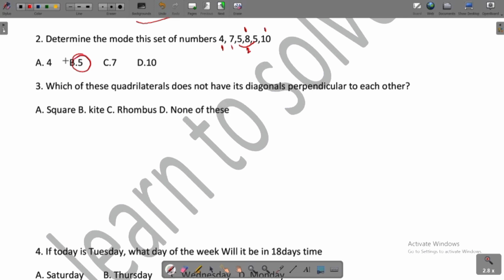The third question says, which of these quadrilaterals does not have its diagonals perpendicular to each other? So the first one says